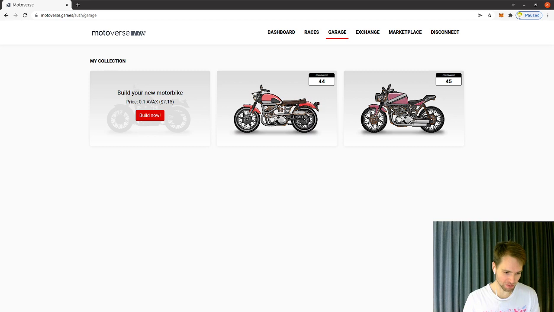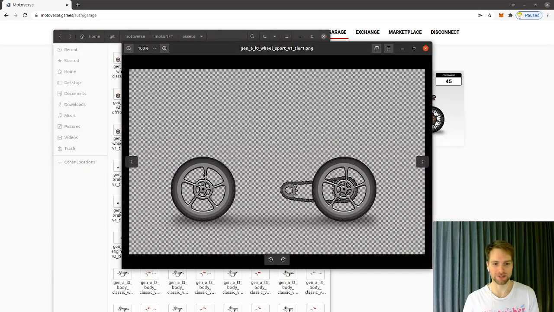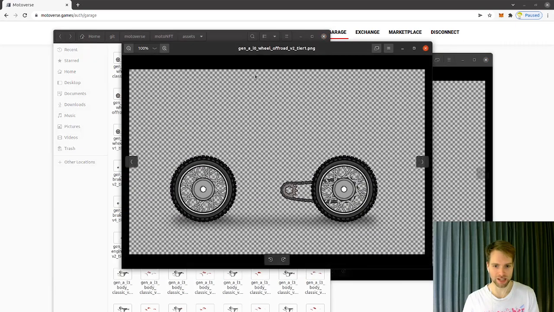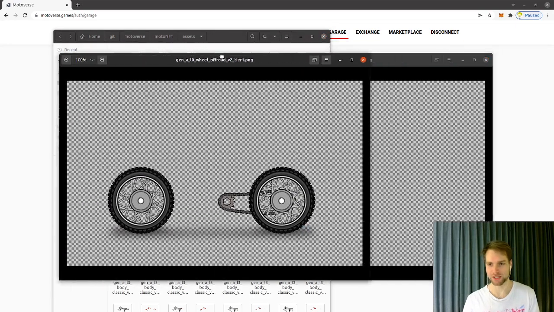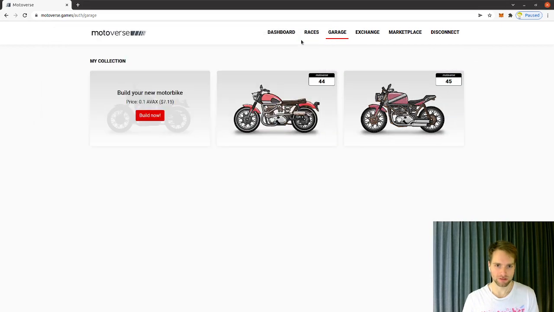So to give a little bit more example of how it looks, you end up with a bunch of graphical assets, like this is a wheel, for instance, right? And then you would have an engine block or something, and then you just take the wheel and paint it in the same picture, and that's how you do that. And why would you be doing that is that this gives you lots of combinations. For instance, from our assets, we can generate hundreds of thousands of motorbikes. The base layer is around 96,000 motorbikes.